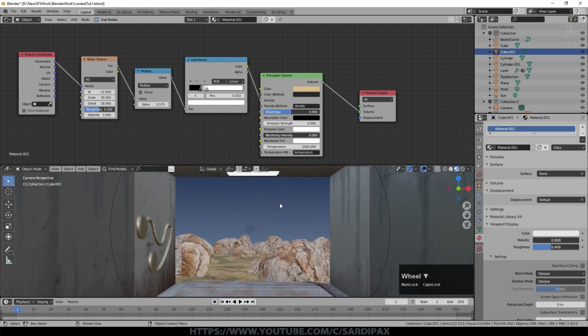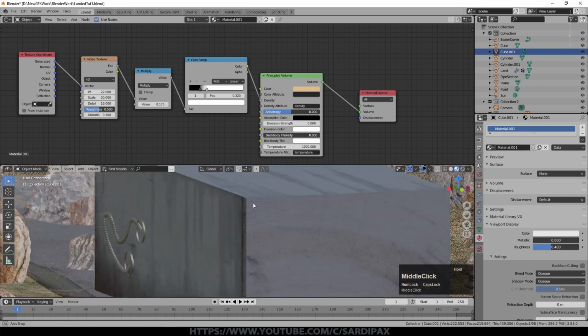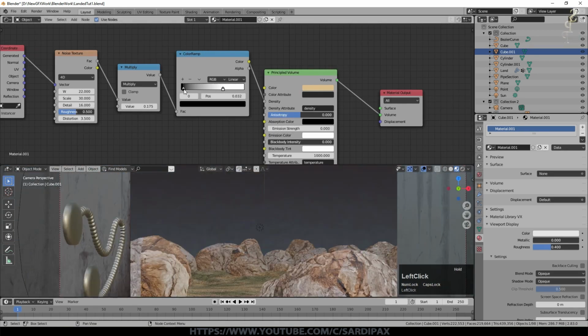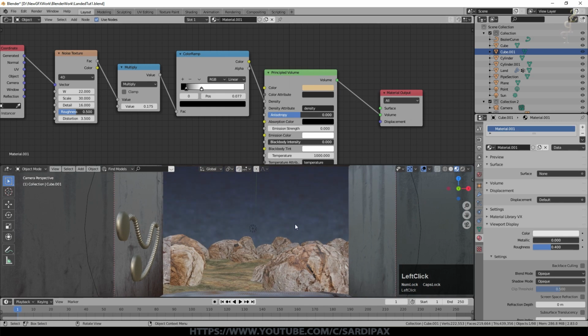So you can see, at least in the preview, it's all vanished completely. So we can try playing around with the color ramp, see if this brings anything back. And you can see we probably had the low end a bit too high. And I bring the upper end down, and you can see we're getting some noise there now, or some variation in the mist.